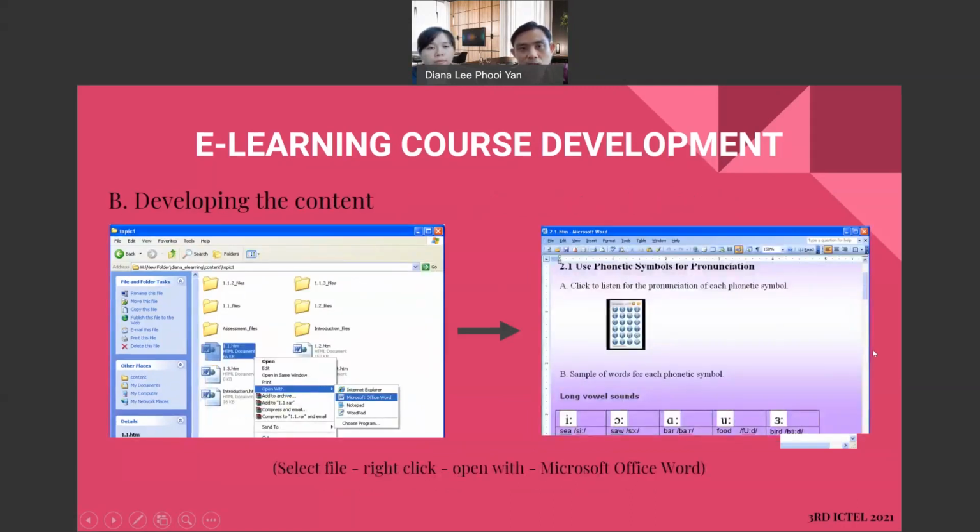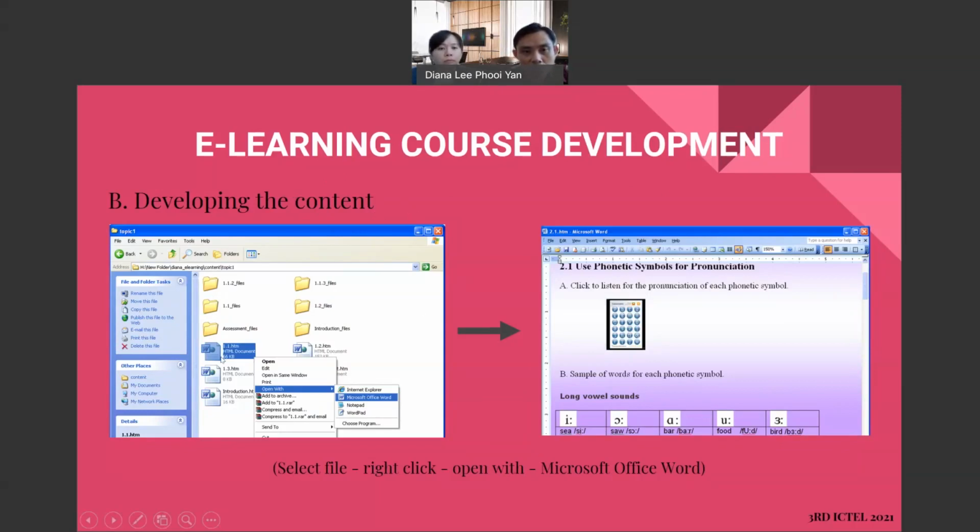Next, developing the content. In this step, we develop the content that we want to put in the project. We have to put in the content you need to share later.